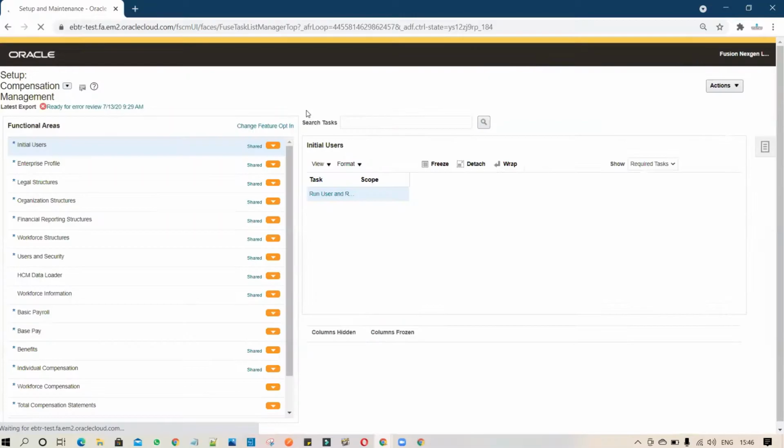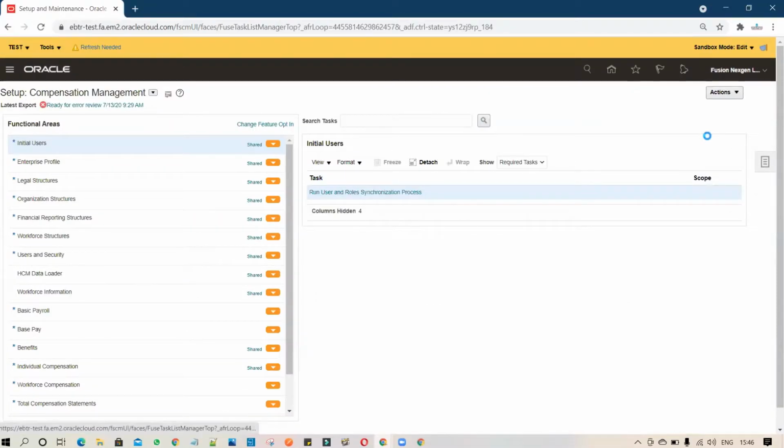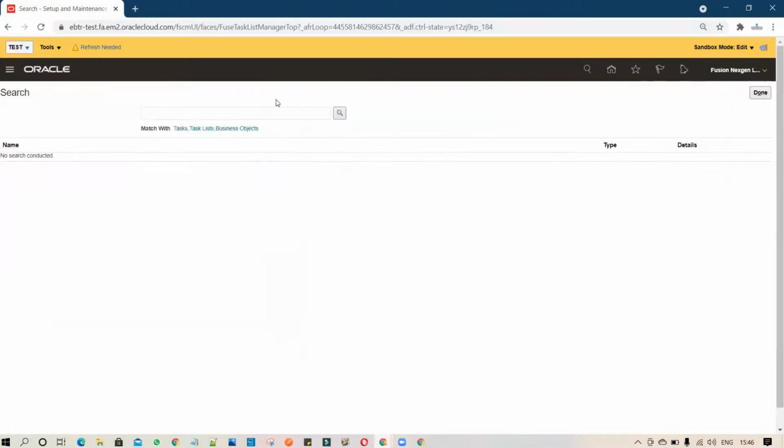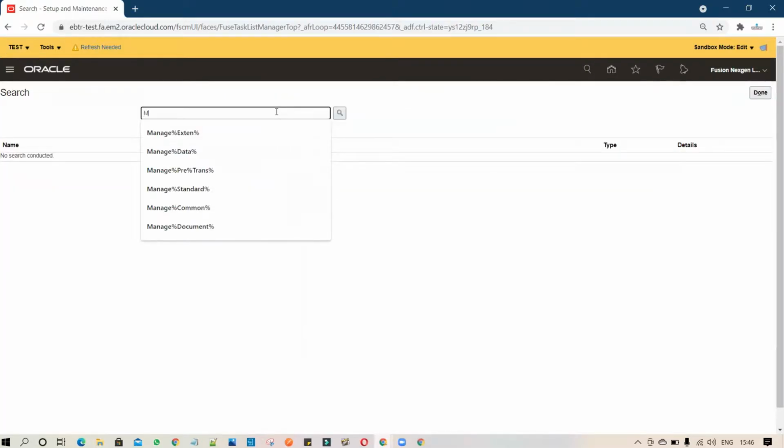So to create the approval group, you have to click on task list, click on search. Under search, you have to type manage approval group.